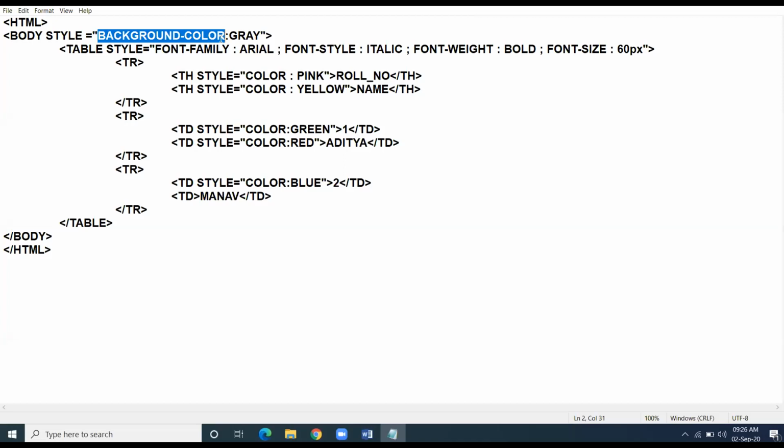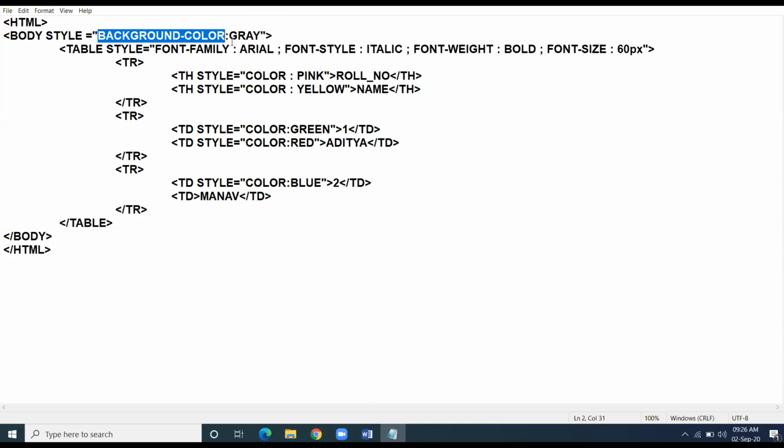Names are different. I told you in the beginning of lecture, some difficulty will arise in remembering the names of properties in CSS and attributes in HTML. Some confusion may arise into your brain. But don't get confused. Try to be a very good listener. What you call BG color in body tag is known as background color property in CSS, and it is a hyphenated word, background hyphen color, colon. Now give any color to your background. I am giving gray.